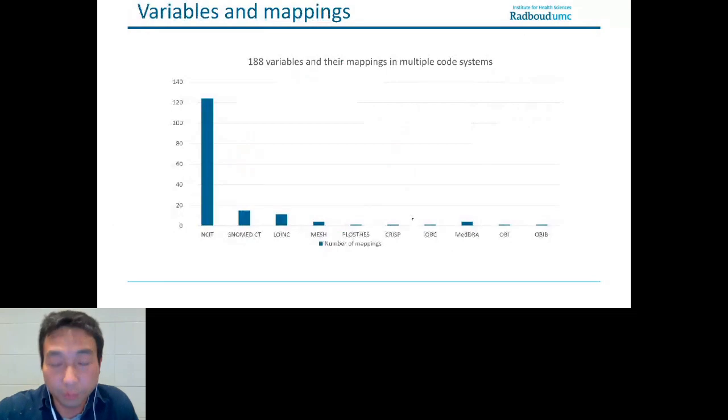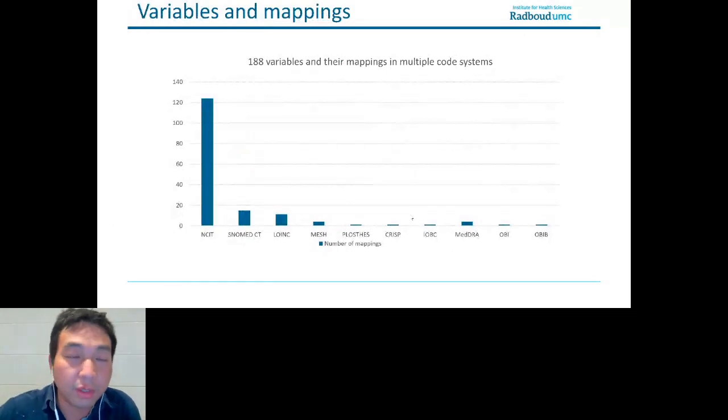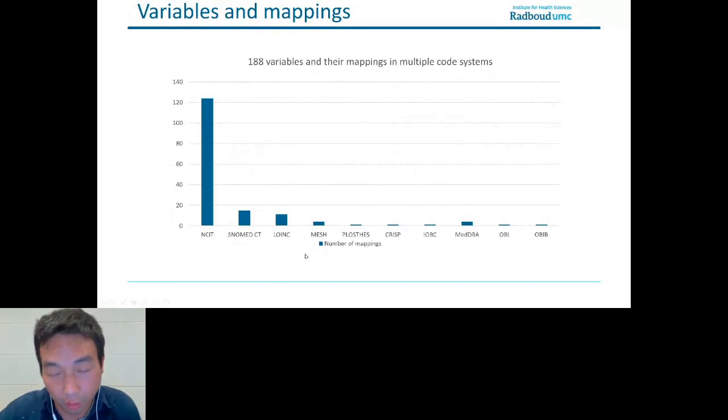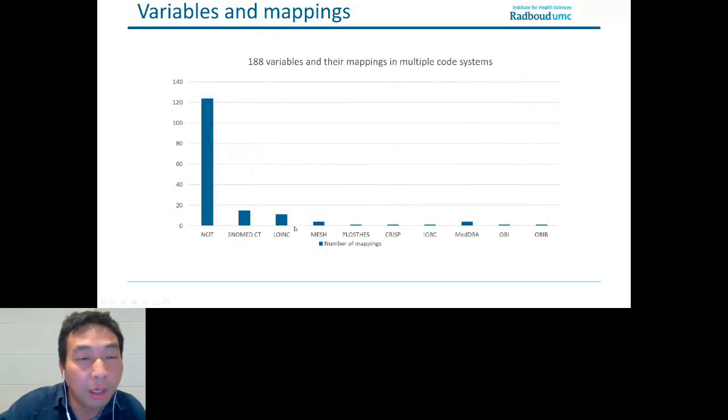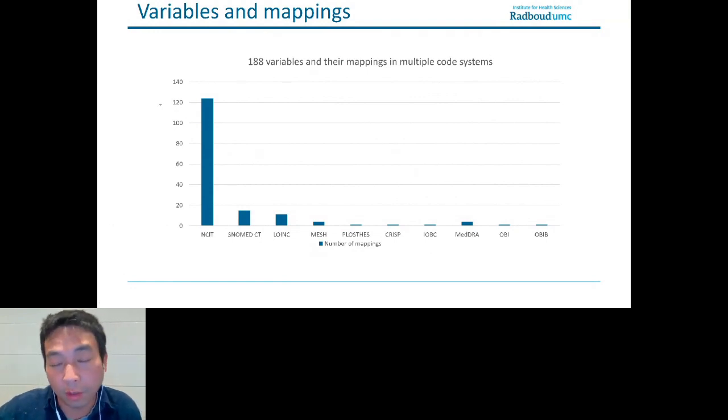So with the questions and answers processed, we would like to give you a statistic number here. As mentioned, we try to identify a code system and find in the code system a match for these variables. So in this graph, you see that we have identified 188 variables out of the 211 questions and answers.